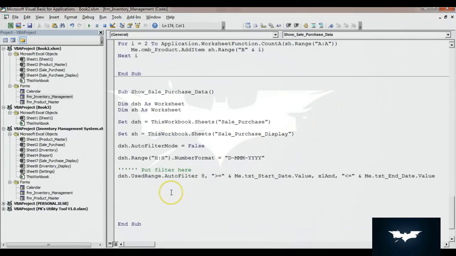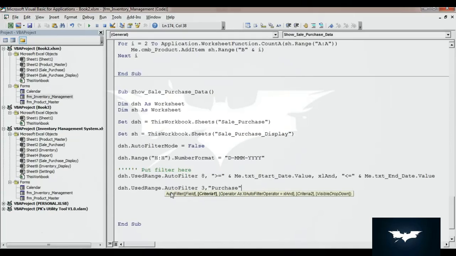So what I will do here, I'll use dsh.UsedRange.AutoFilter, and we will filter by type available on column number 3, comma, we will use here purchase.